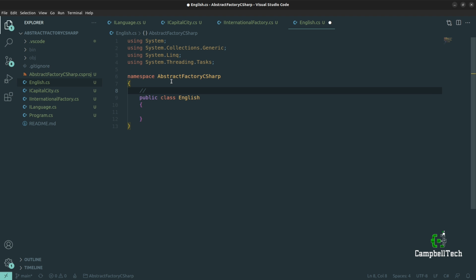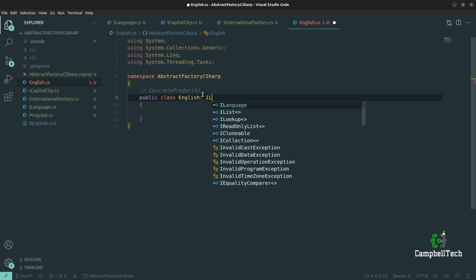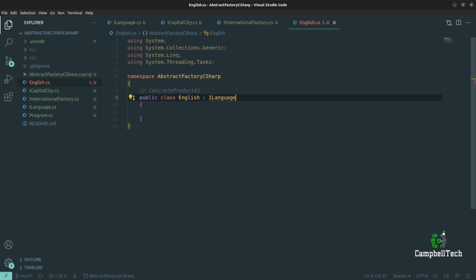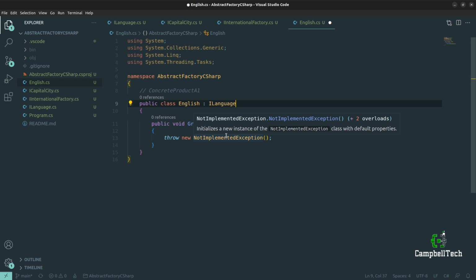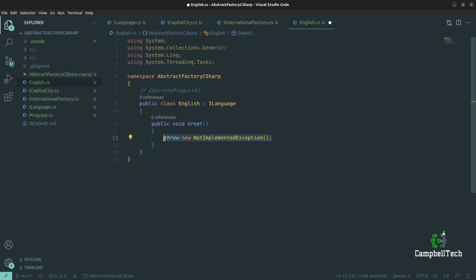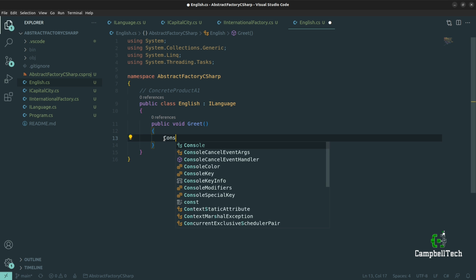And as mentioned, this is going to be concrete product A1. And as you have guessed, we are going to implement the ILanguage interface. Go ahead and implement the interface. And then here, we are simply going to print out something to the console because we want to keep it simple and focus on the abstract factory pattern implementation rather than trying to distract you with some sort of fancy implementation. So let's simply print out to the